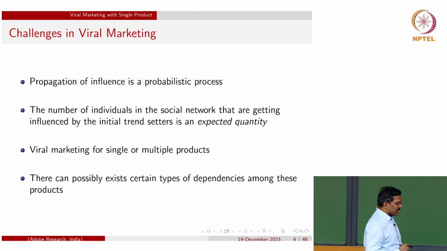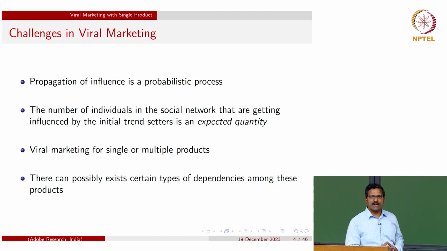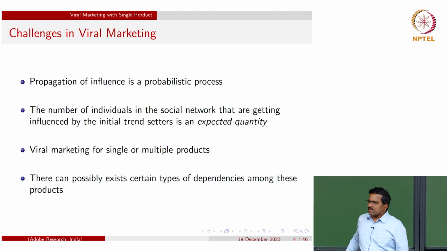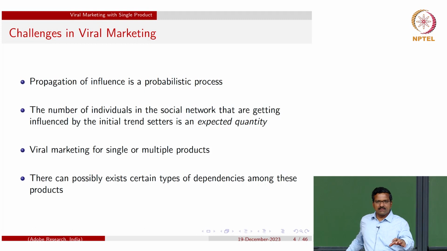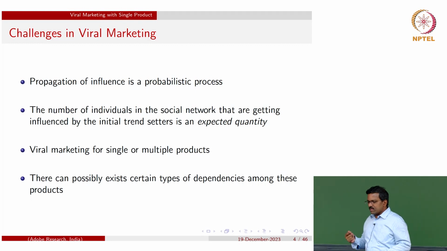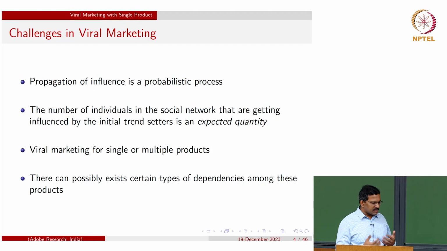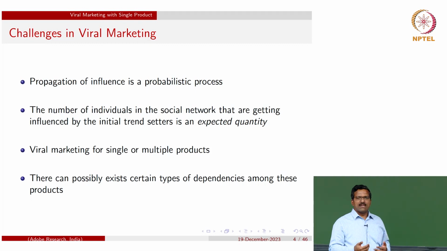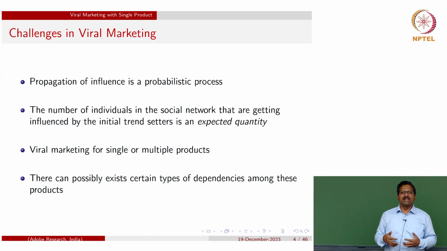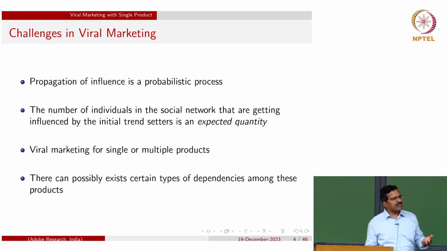So what is viral marketing? Let me first explain, and then explain the models to capture viral marketing. I'll give my favorite example. There is a network of individuals connected with each other, and there is some information which you want to spread through the network. Spread, in the sense that you don't have sufficient time or resources to approach every individual and say, I'm a company, this is the new product I'm launching, please try to buy this. My potential customers are a few thousand; I cannot go to each of them.